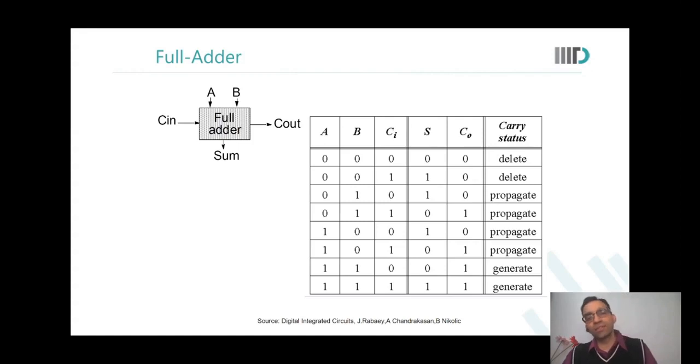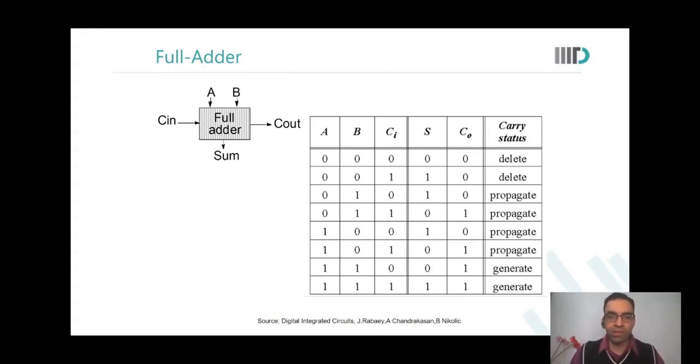So now let us look at the last column. What is carry status? So let us say that the inputs A and B were both 0. Then independent of CI, what will happen to CO? CO will be 0. Are you able to see this? Yes, sir. Now, if either of A or B was 1,